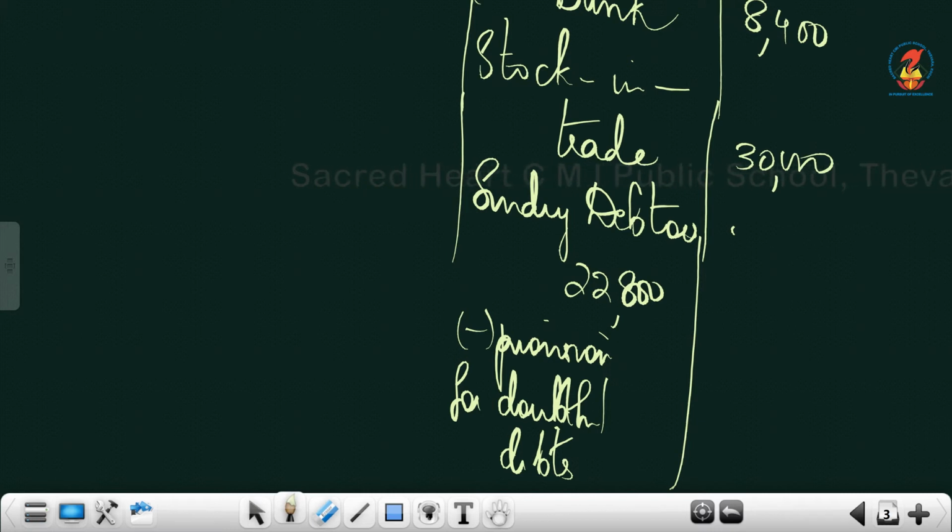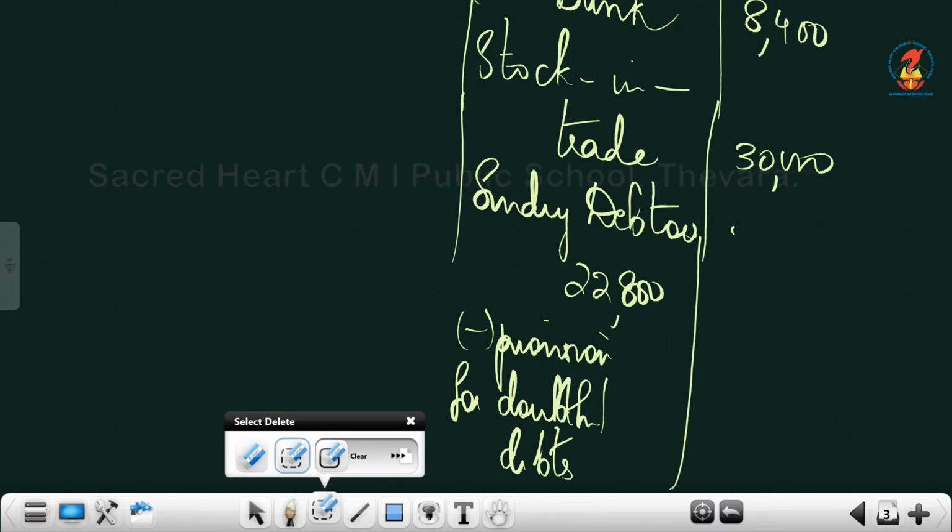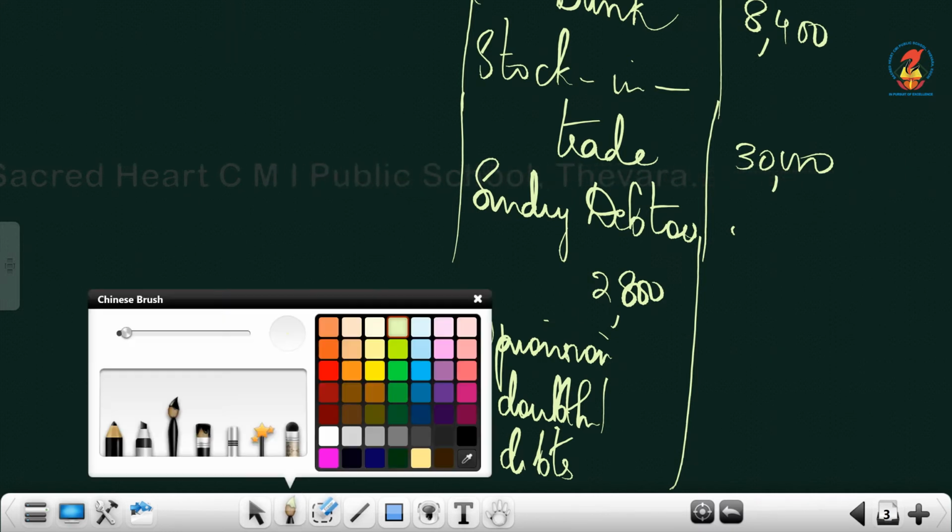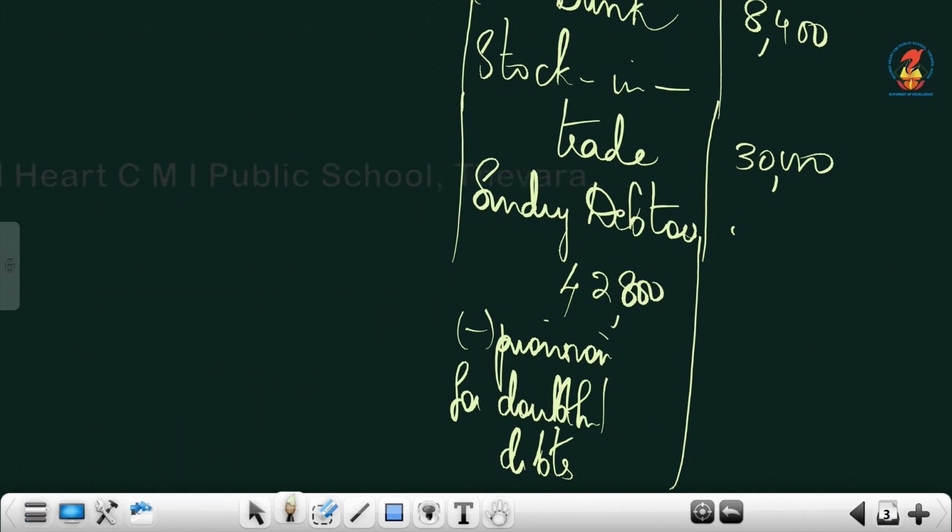Sundry debtors figure, that is 42,800, not 22,800, just correct that figure, 42,800. On that 42,800 you compute 5%, so you will get an amount like 2140. Just compute and see whether you are getting the same. So 2,140 we will deduct as provision, and we will write the balance